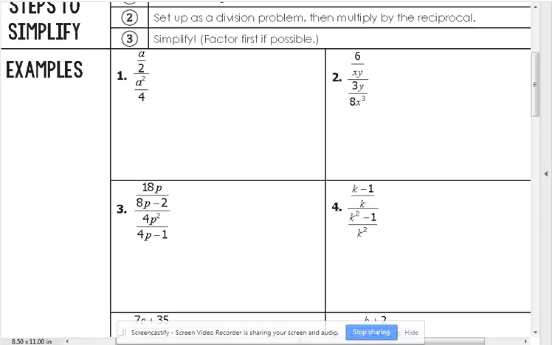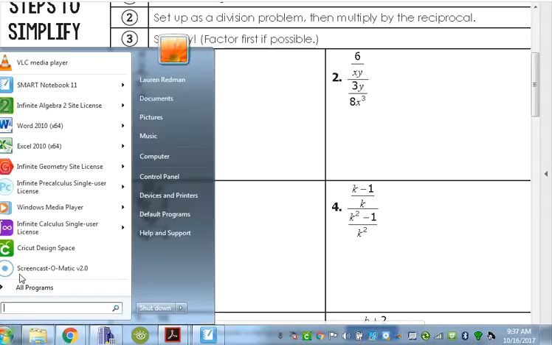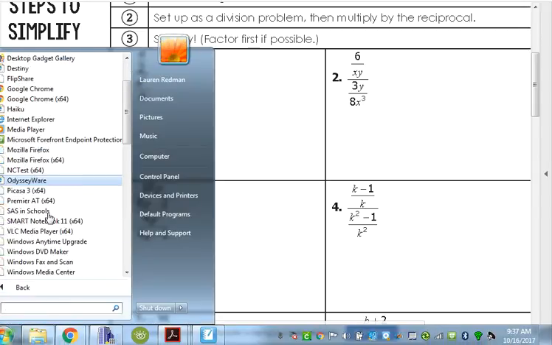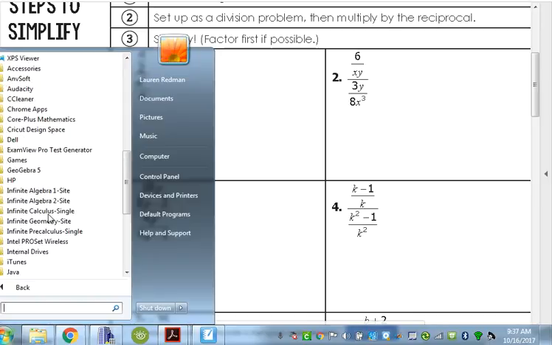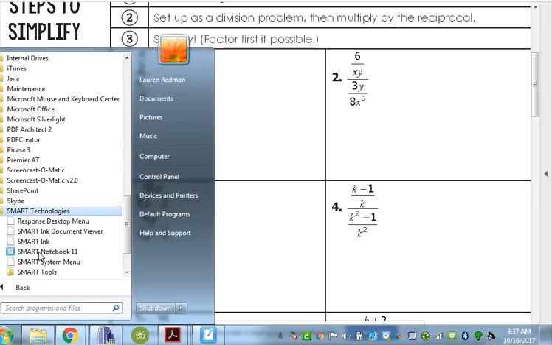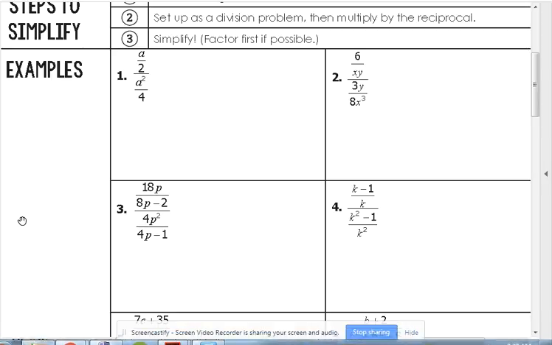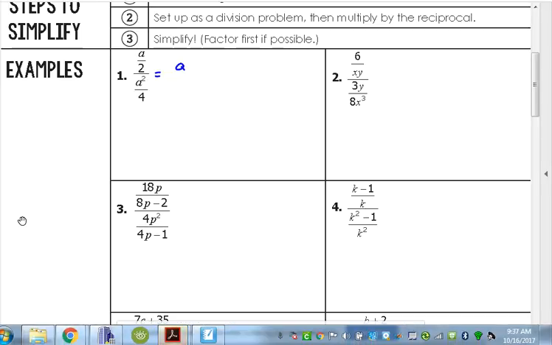So in example 1 right here, all we need to worry about is, sorry, I forgot about my pen. We just need to keep the top the same and then flip the bottom one over and turn it into a multiplication problem, okay? So we're going to do that here on number 1. Keep the top the same, a over 2, times, flip the bottom one over, and it's multiplication, 4 over